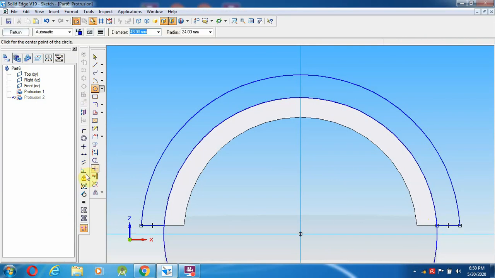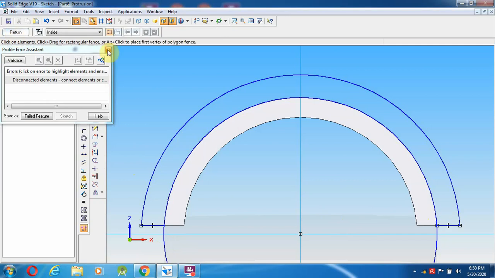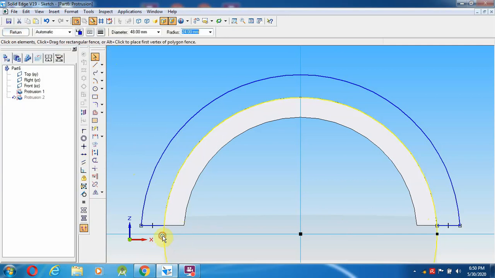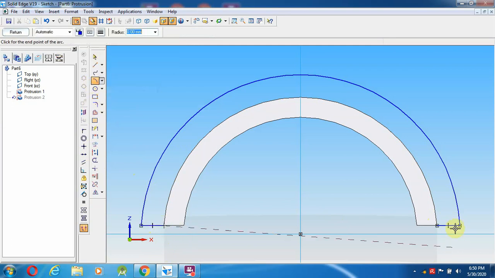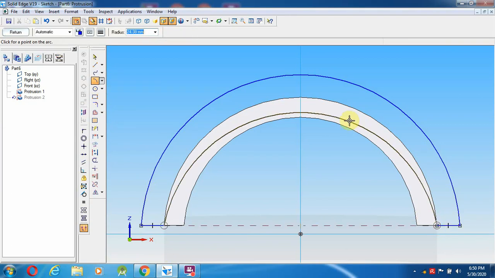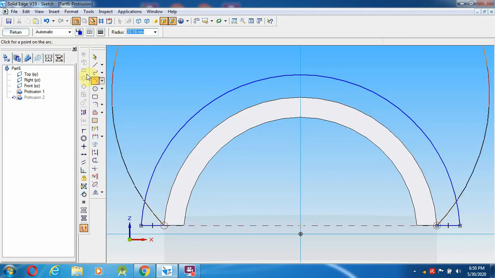Trim. Select the 3 arc by 3 point method, from the first point and second, going to join over here.